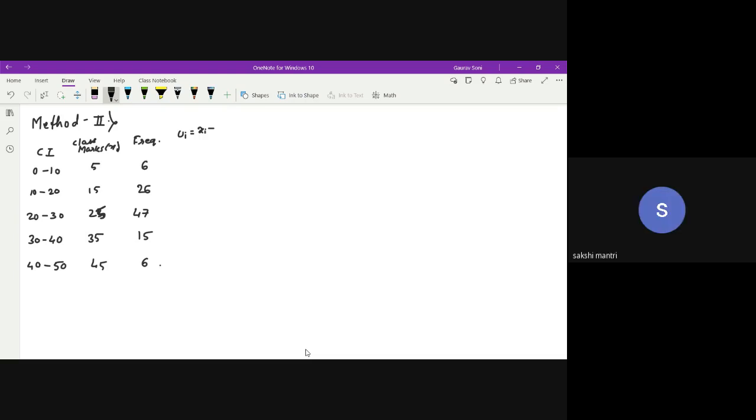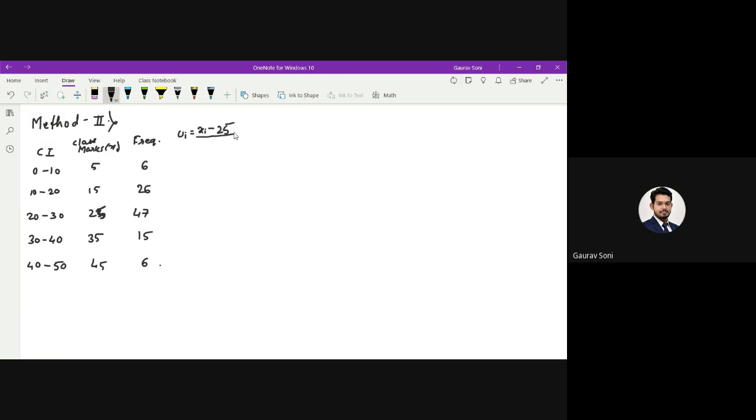47. Why 47? Middlemost value. The middlemost for the frequency or for the x? It will be 25. Yeah, 25. So xi minus 25